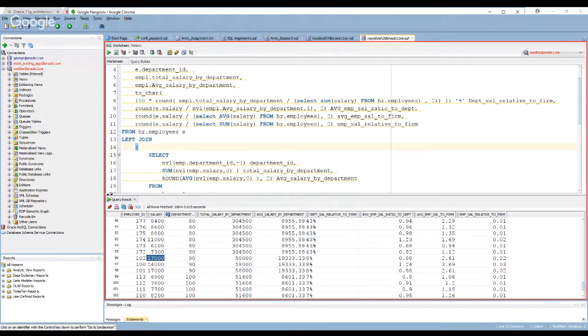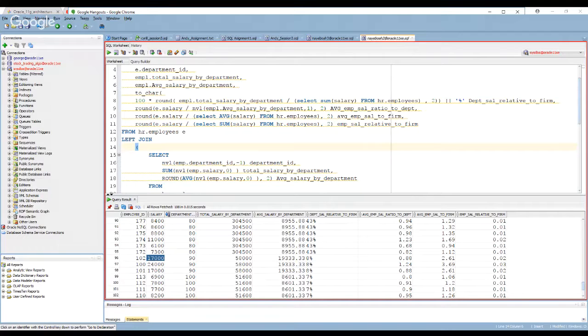And that's why I commented this section, that this is the approach that you should be using: you find the average salary within that department, and then you compare that. So for the person who's making 17,000, relative to 19,333, that is 0.88. So this guy's salary is about 12% less relative to the entire department, the average in that department.